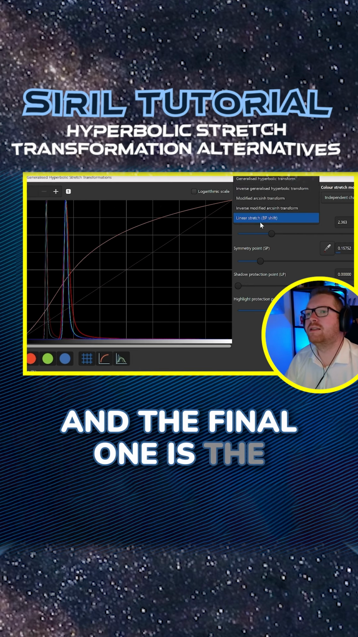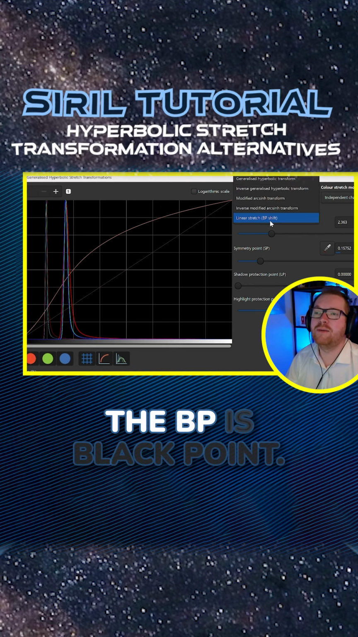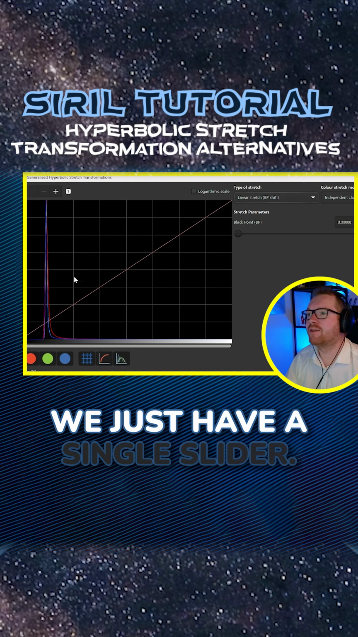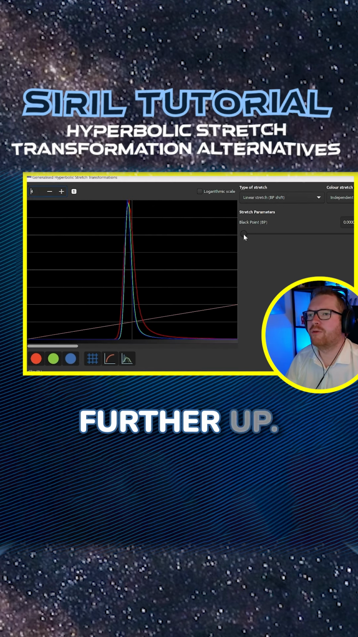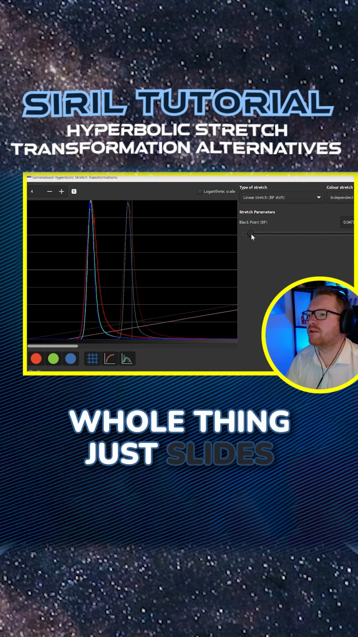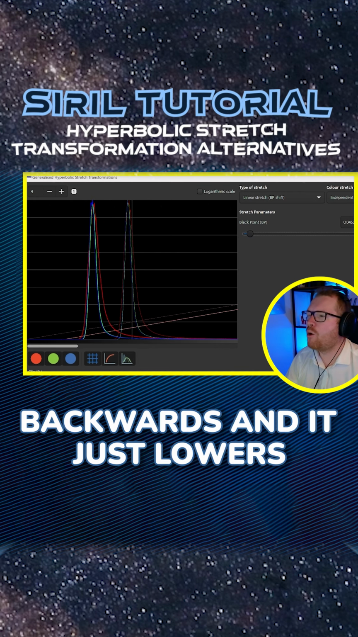And the final one is the linear stretch BP shift. The BP is black point. If we put this in, we just have a single slider. And all we really do is just say we move that black point further up. So if I do this, you can see the whole thing just slides backwards and it just lowers the black